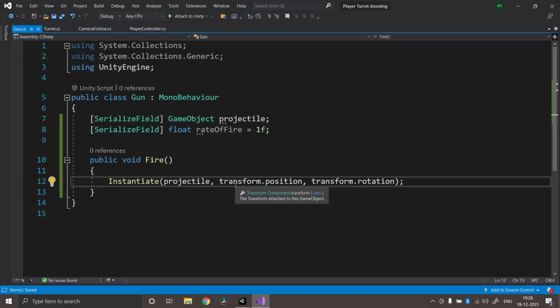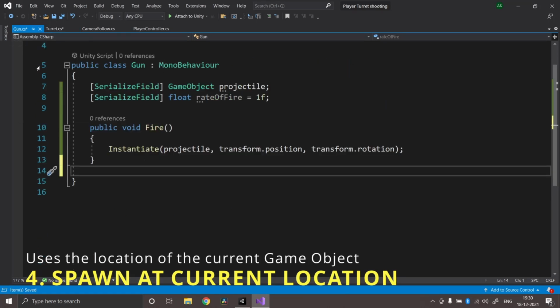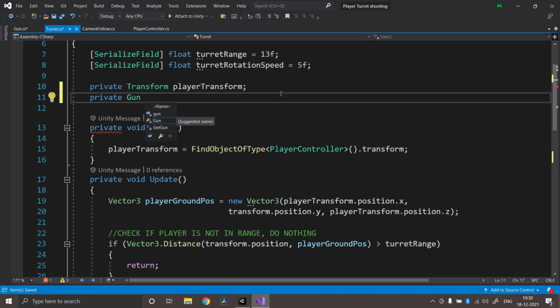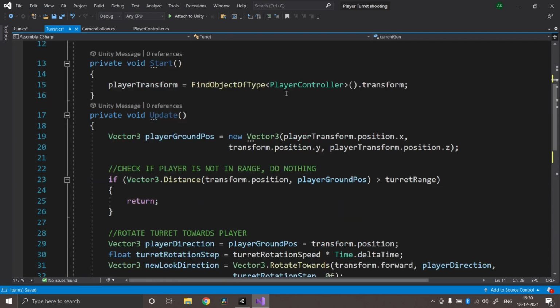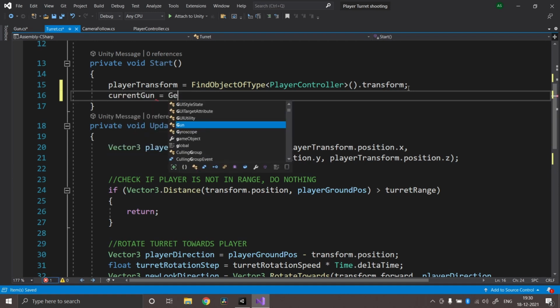It doesn't add any momentum, or any force onto the projectile. So the projectile should be a simple entity on its own, so it should be able to add force on itself rather than letting the gun do the hard work for it. So in order to do the logic, we actually need to get the gun over here. So let's make a private Gun called currentGun, and at Start we're going to say currentGun equals GetComponentInChildren